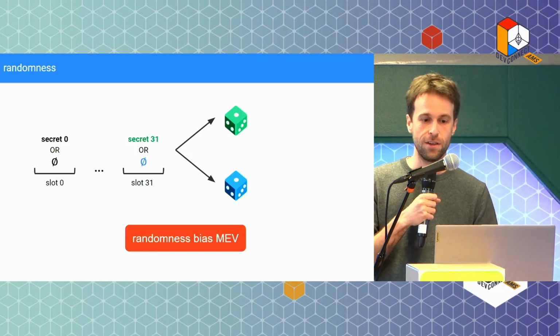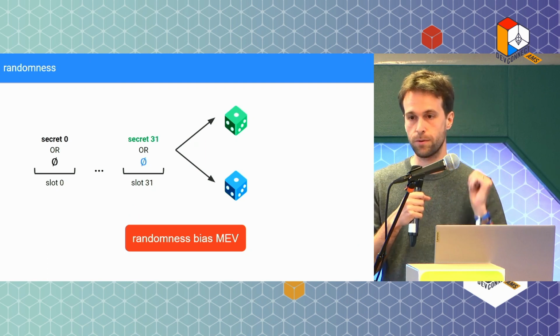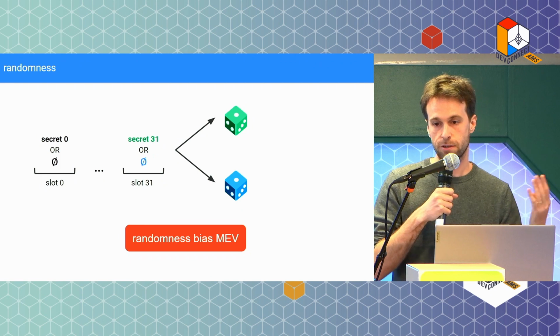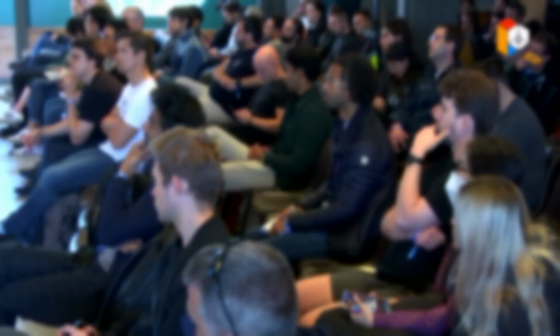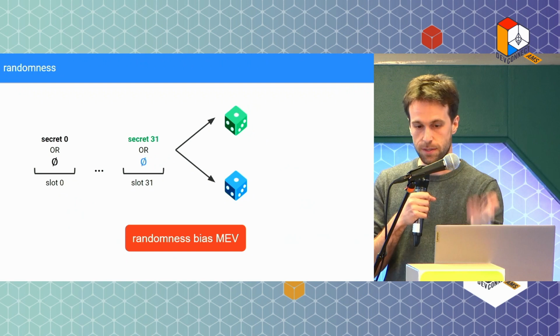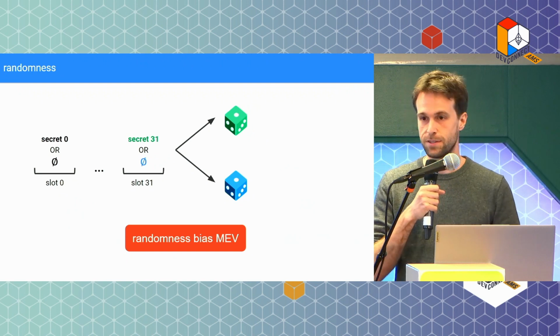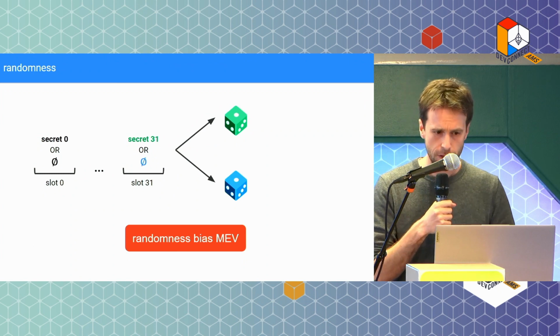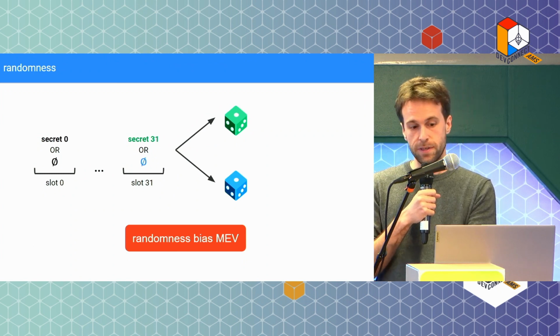Well, one reason is that you just might have more validator slots. If you choose green as opposed to blue, it's possible that you have the knowledge, for example, that there's going to be an NFT airdrop at a specific slot, which is going to be extremely valuable from an MEV standpoint. And it might be that the blue randomness will give you access to this really valuable slot. Or it could be, for example, that